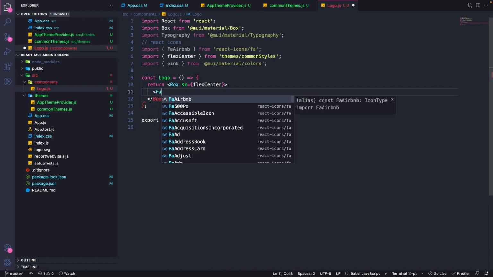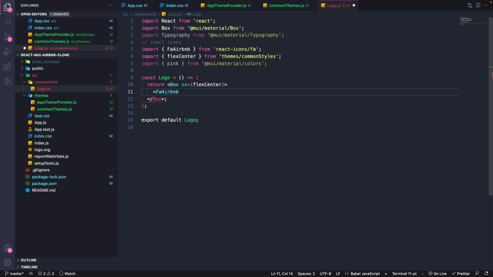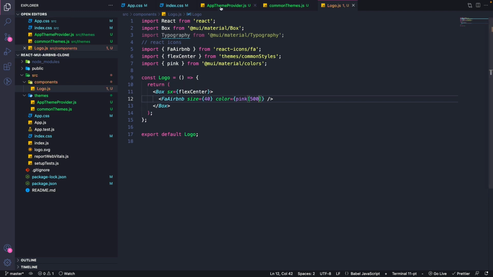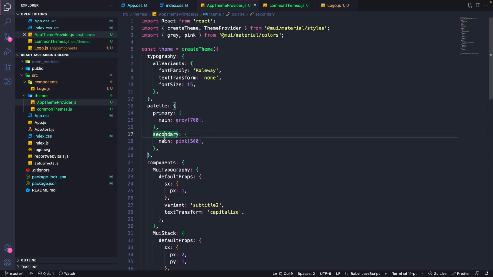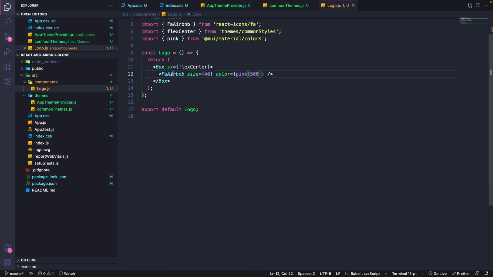FaAirbnb is our component logo for Airbnb. I'm saying it should be of size 40 and the color be pink of 500. So this is the exact same color that we have provided in the app theme provider's secondary main. So this is the same color. So I'm saying the icon should have a size of 40 and the color of pink. And I'm saying the